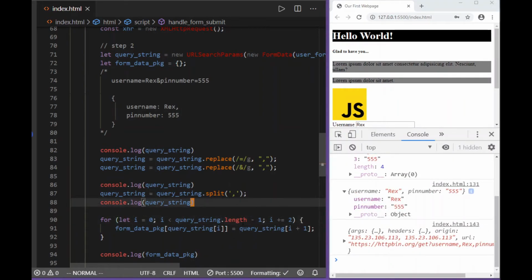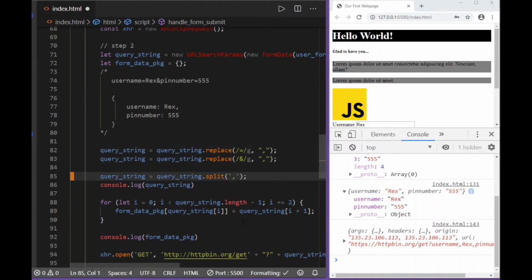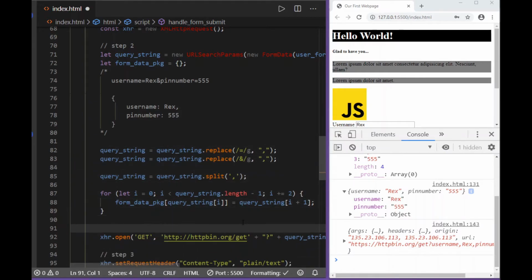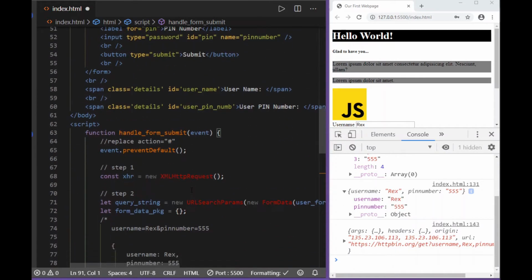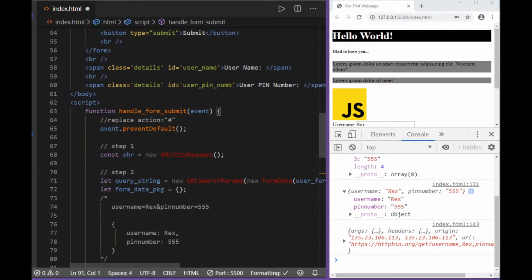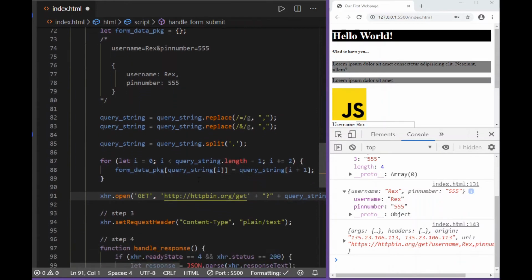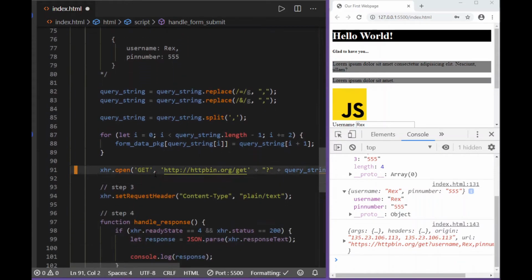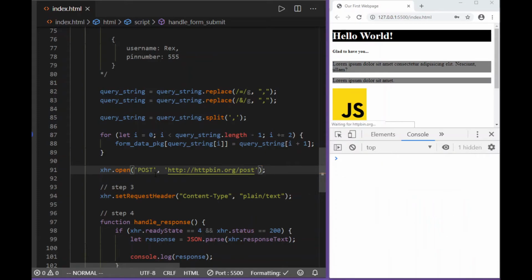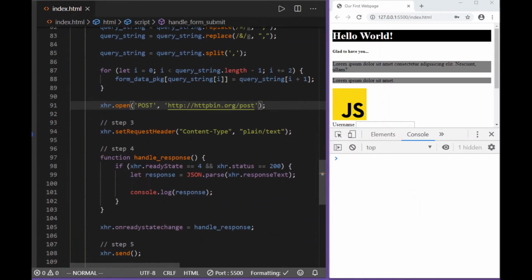How do we send that data using our XHR object? We need to change a few things. Step 1 is still okay: we create the XHR object. Step 2, we need to open with a different URL and a different method here. This should be post. The route right now to that page is post, and we don't need the query string because we're using post. That's step 2. Step 3 is we have to tell the page what content type we're